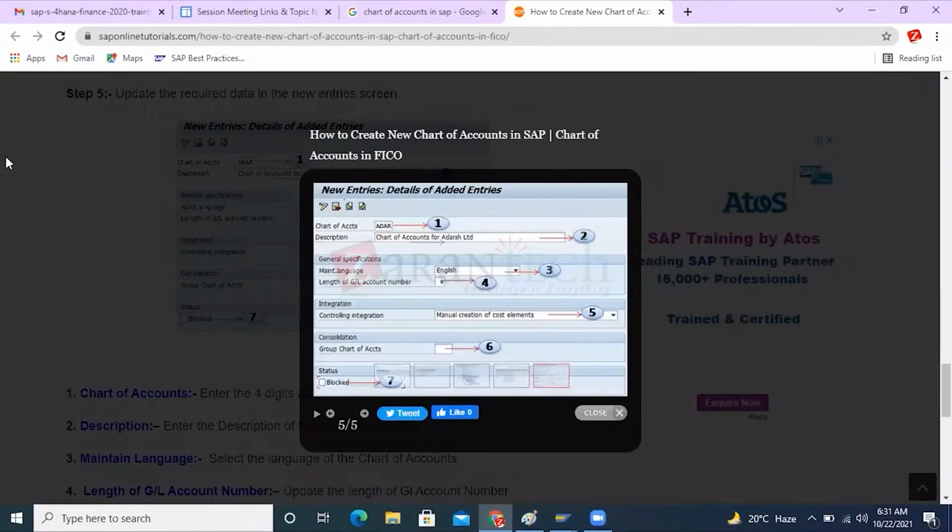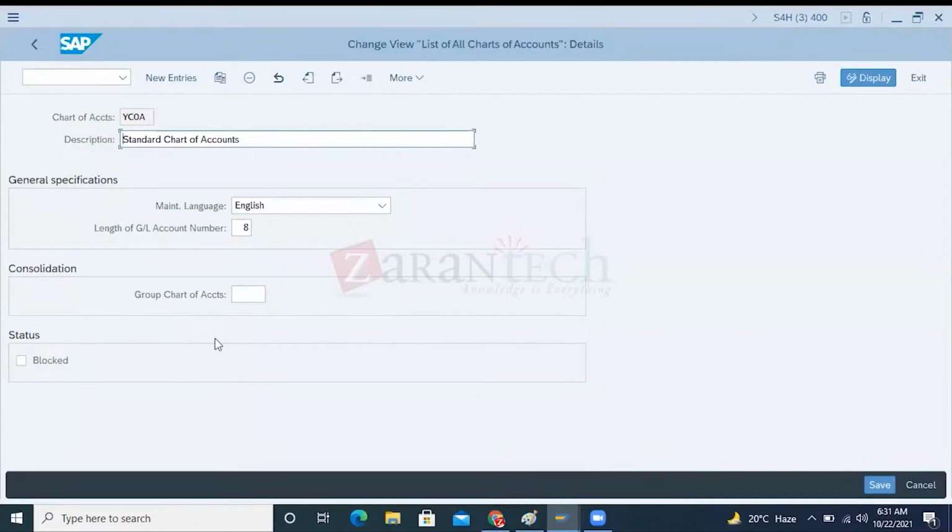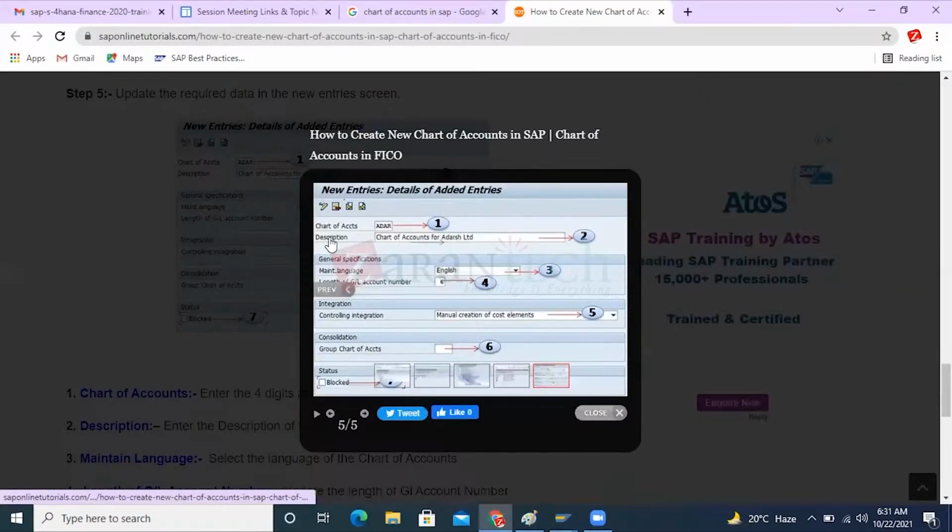Very, very important, my dear friends. Same thing, no change here, but the only difference you are going to observe is that this is SAP S4HANA now. So the chart of accounts, description, maintain language, and the length of the GL account. Here also you can see the chart of accounts, description, maintain language. But earlier in SAP ECC, we have this